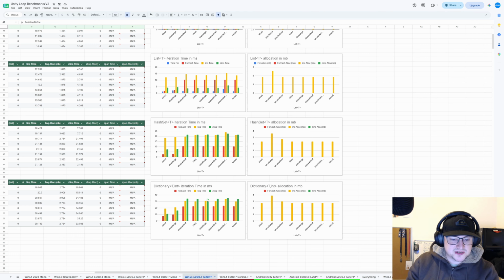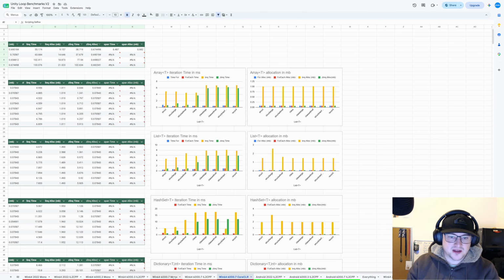But this difference between LinQ and ZLinQ is very small. I wouldn't base any decisions off that. But of course, allocations are just, don't use LinQ. It's just bad. Okay, now for what we actually want, CoreCLR, which is the very first version that Unity is